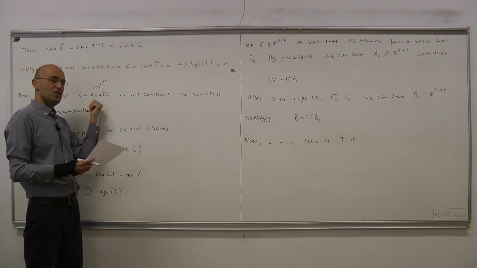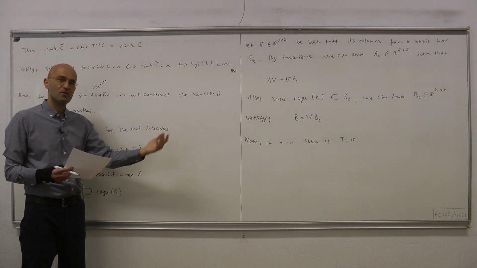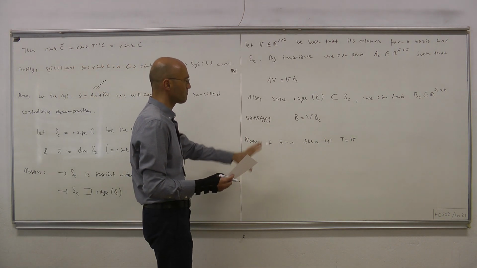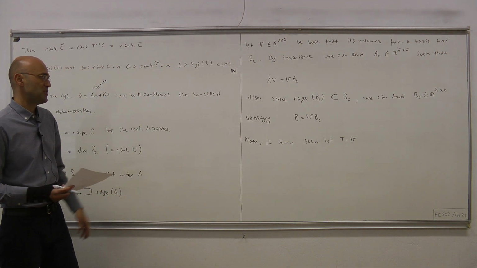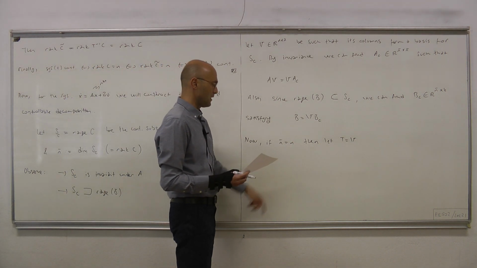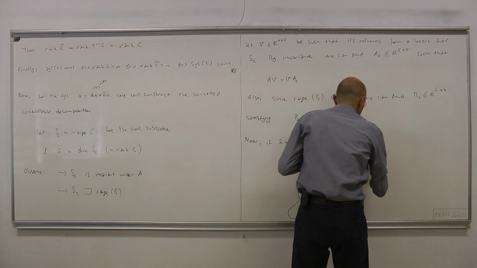In other words, that system is already in controllable decomposition. Okay? But that's not interesting. The interesting part is when n bar is strictly less than n. Otherwise,